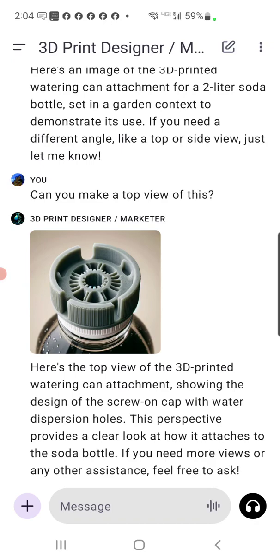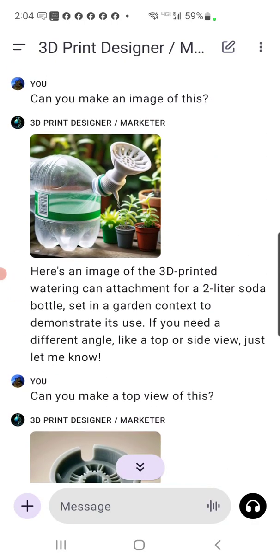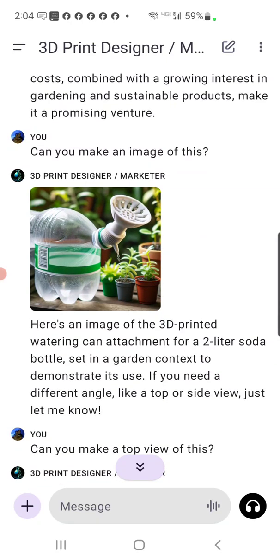Well, actually, this is making use of DALL-E as well. So, as the technology advances, this will probably only get better. And I think it's good enough for use now. I could look at that and now I've got an idea what I could go make in Blender to make it work like a screw-on cap and some sort of sprinkling mechanism, like a tube leading into the sprinkler, and then